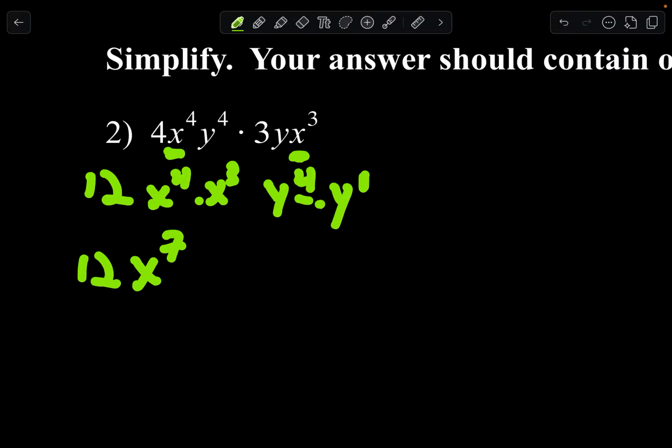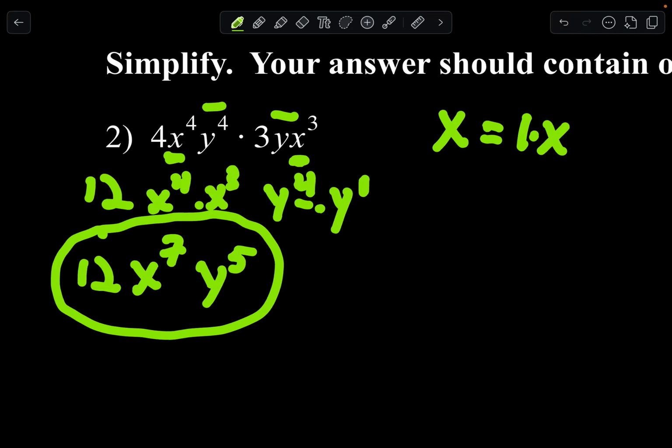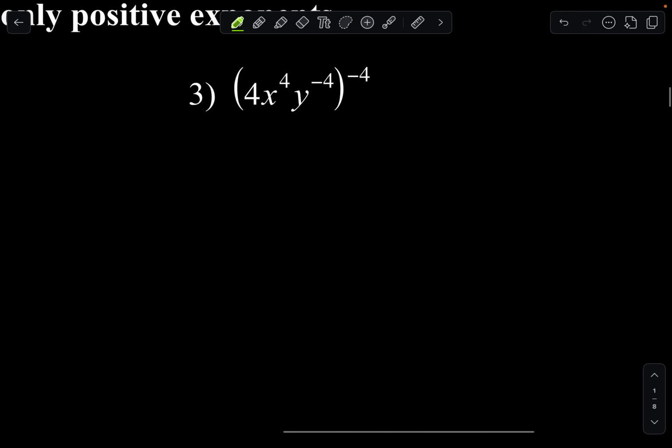They don't put the 1. Just like when you see x by itself, that really is 1 times x. They just don't write the 1. So don't forget that this y to the 4th and this y becomes y to the 4th times y to the 1st. You add the exponents, that's y to the 5th. And that is the answer. Number 3,